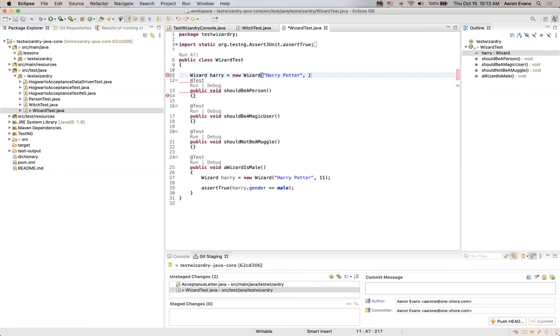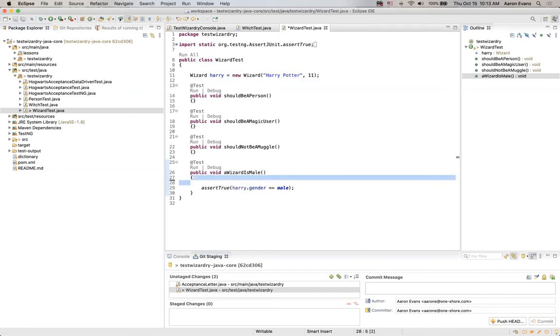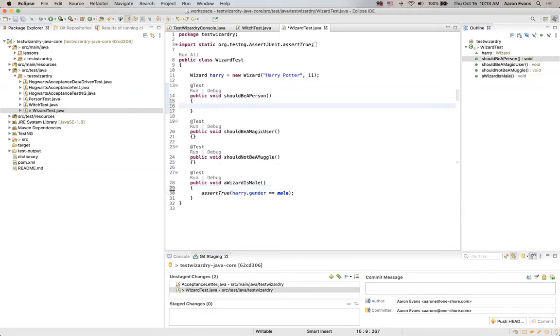He is a male. Oh, we don't have to do that. Wizards are males, witches are females. So we just pass his age in. So Harry's a new wizard, right? And we've got that right here. Now that we've got it outside each method, we can use it in our methods here. So we assert that Harry is a male. He's a hairy male. We also want to assert